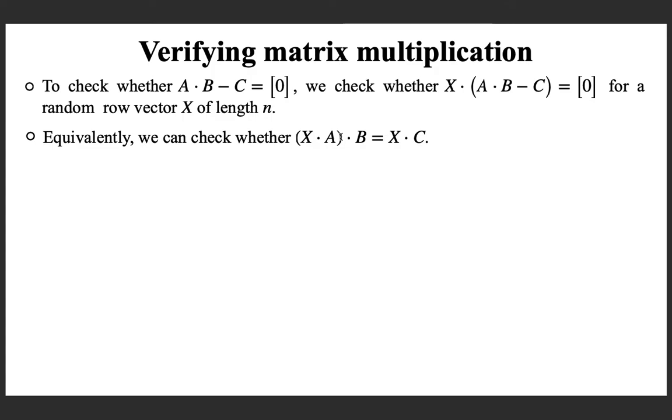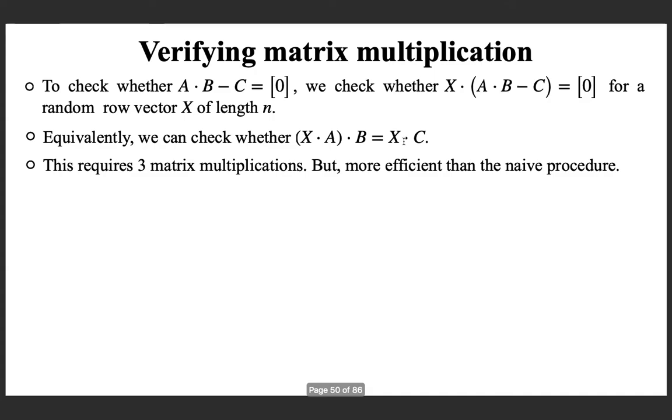I hope you are following me, otherwise please check that it's correct, because what I am doing is, in this equation I am multiplying x inside, it is xab minus xc. Then I am taking that minus xc to the other side, so I am getting this equation. Now this requires 3 matrix multiplications, but even though it requires 3 matrix multiplications, it is more efficient than the naive deterministic